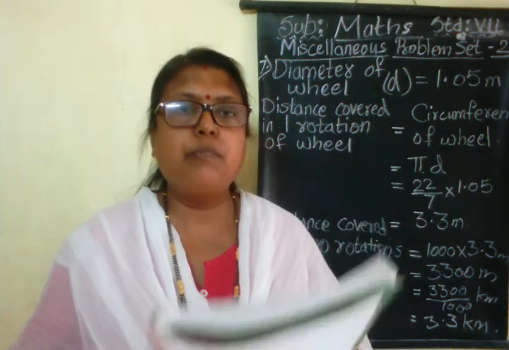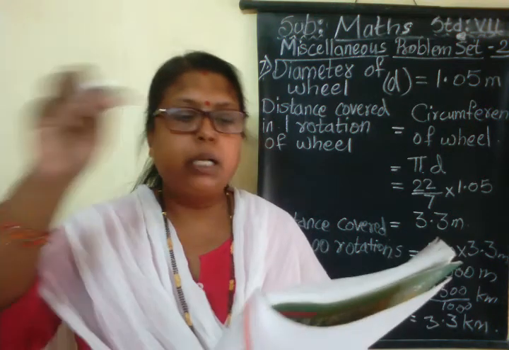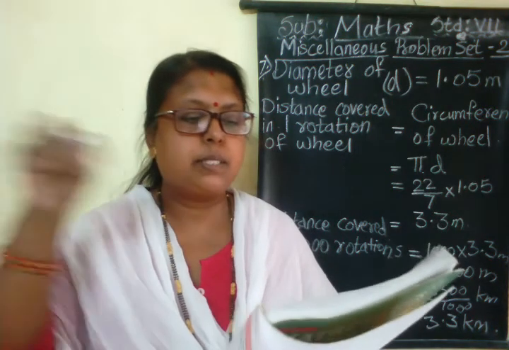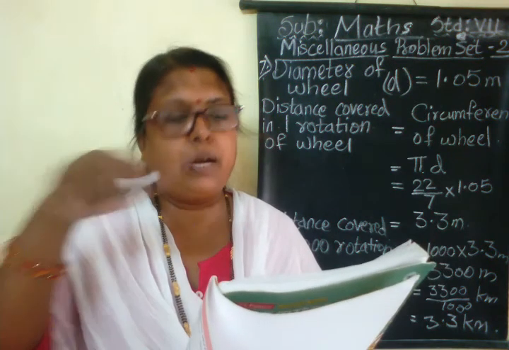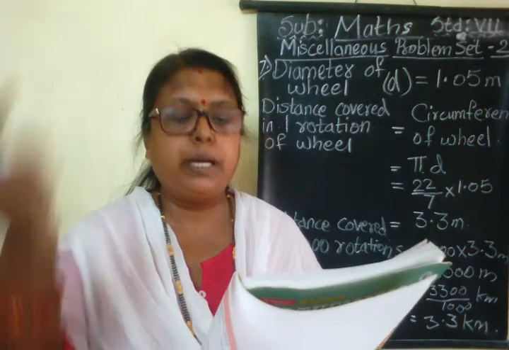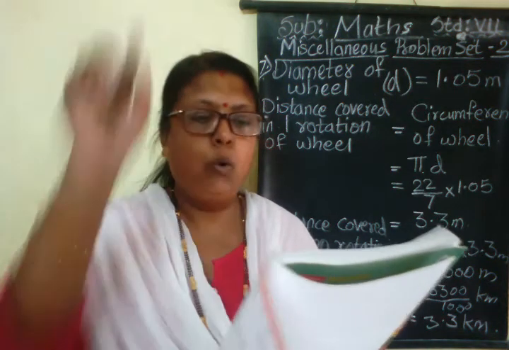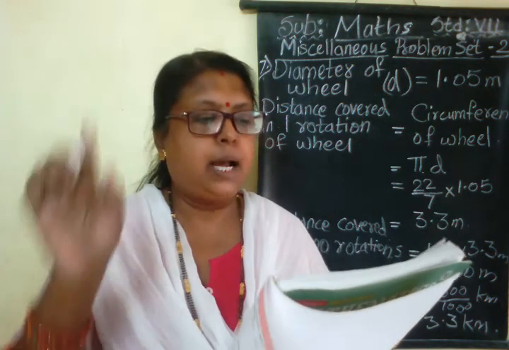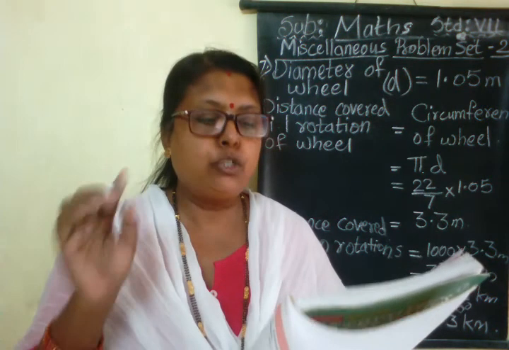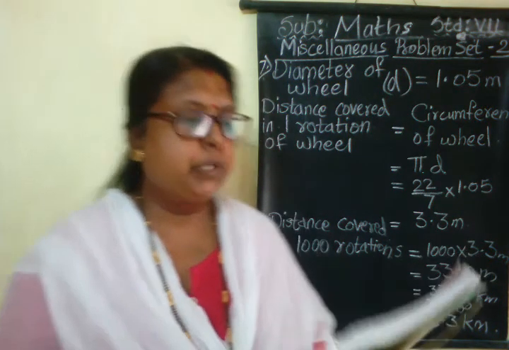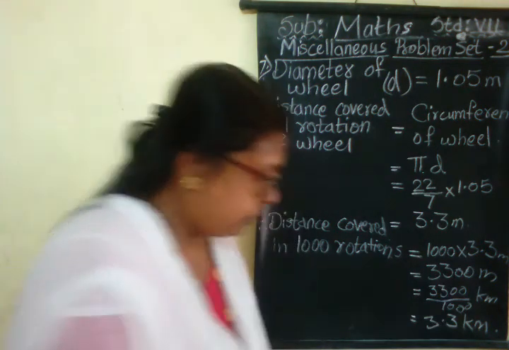So children, first we will find the breadth, then we will find the perimeter, then the complete circumference is given, and from that 4 meter is to be deducted because it is the opening entrance, and then we have to find the remaining fencing cost at rupees 250 per meter. So let us begin one by one. 2-3 questions are asked in the same question.